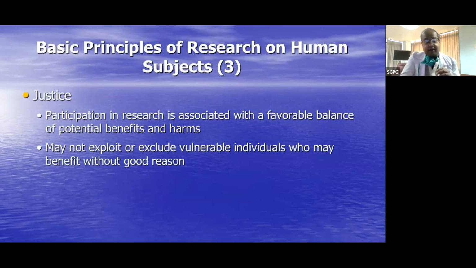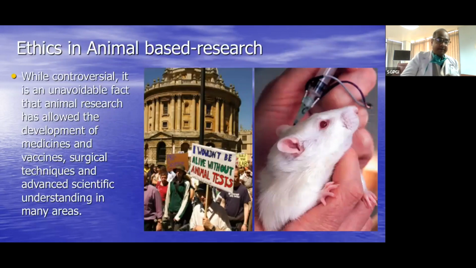And then the third important thing is justice. You cannot do research at the expense of one population, where you give the benefits of the research to another population and do the experiment on one population. So there should be justice to individuals or a population at large, and the fruits of the research should be evenly distributed between the populations. So it is justice to the subjects, which is very much needed in human research. These three important points form the pillars of human research.